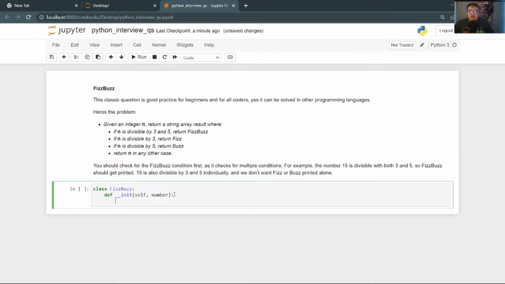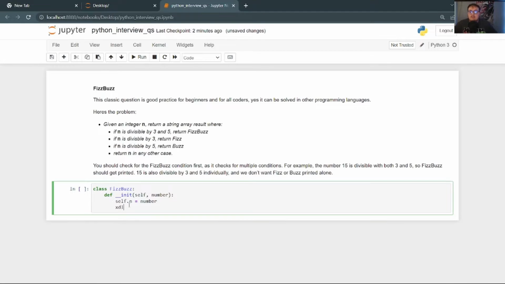So every time we call the class FizzBuzz, we're going to pass in a number. Now what we can do with this is define self.n equal to number. So this just indicates that n is now number.